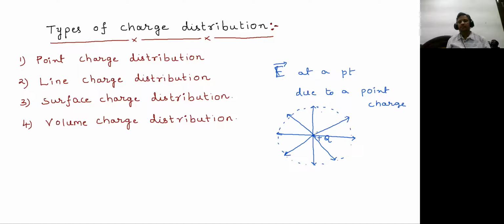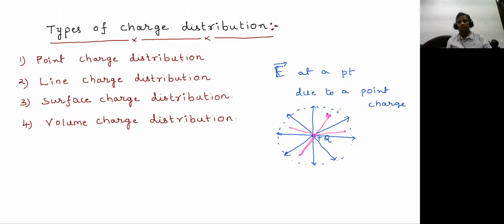So if you observe the complete structure of the electric field present around this point charge, it will be exactly like a spherical structure. Now suppose you want to find the electric field intensity at this particular point, or this point, or this point. Anywhere we can find it. The only thing you should know is this distance, or this distance, or this distance.